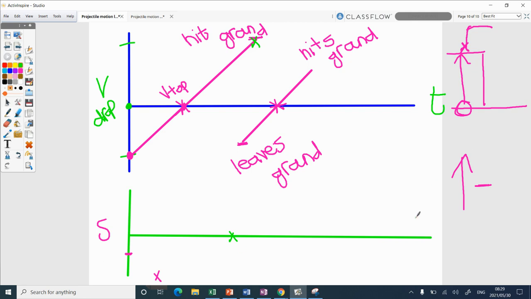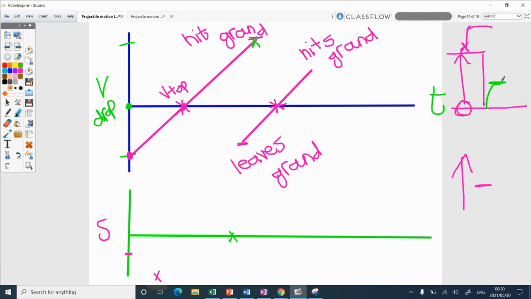Can it ever go underneath the ground? No. So I should not even have given myself that space. If the ground is 0, it can never go underneath the ground. And that's what a lot of people do. You go like all over the show. Okay, so now let's just carry on with the dots first. Then it hits the ground. Then it leaves the ground for the first bounce.